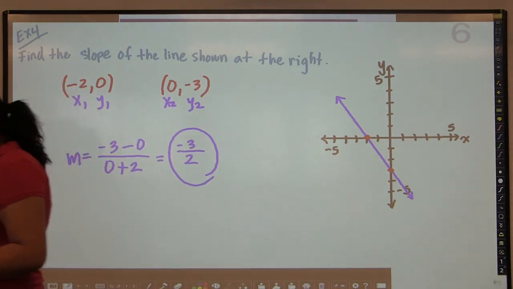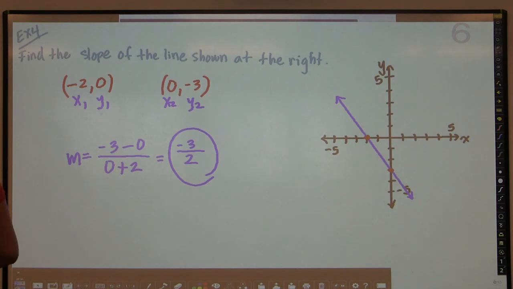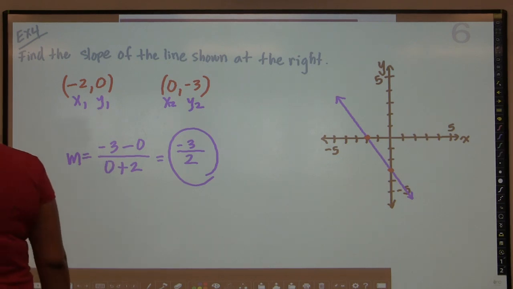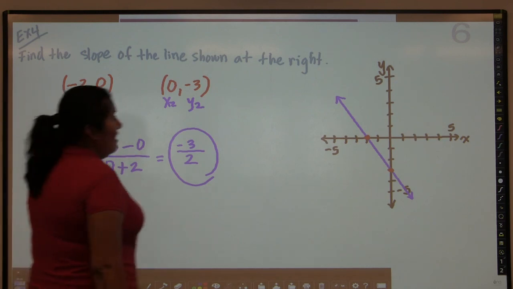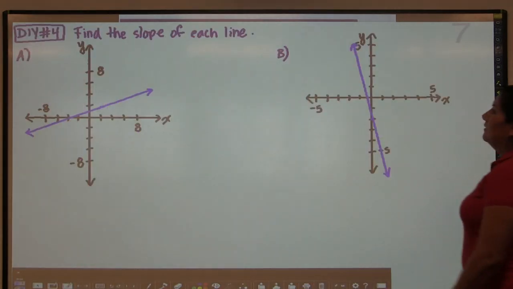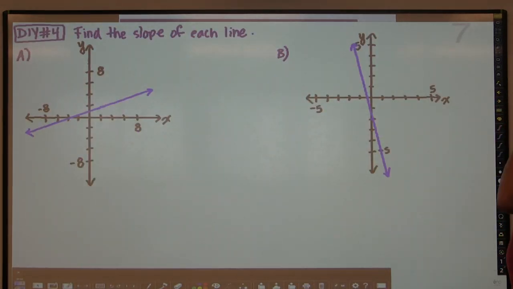And I didn't mention it earlier, but you probably remember from before that the letter that we use for slope is M. I'm not really sure why, because slope starts with an S, but that is the letter that we use for slope. So now that you've done that, you can do this little do-it-yourself question,